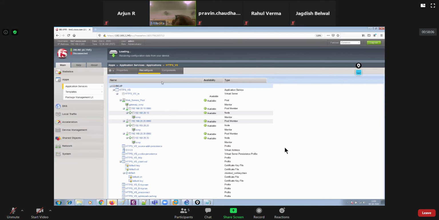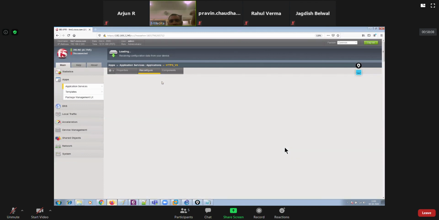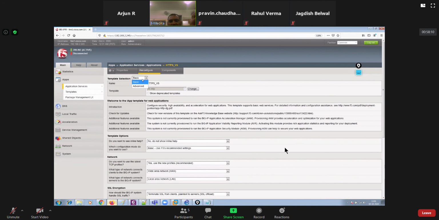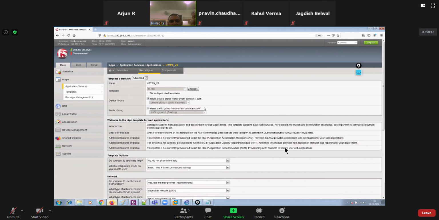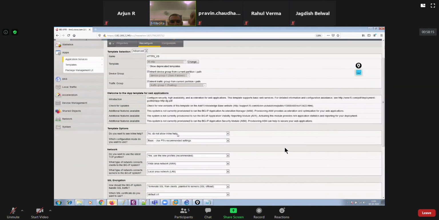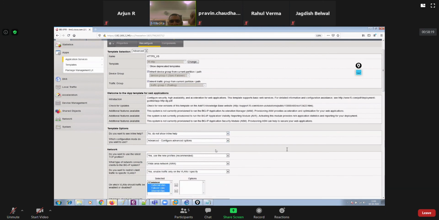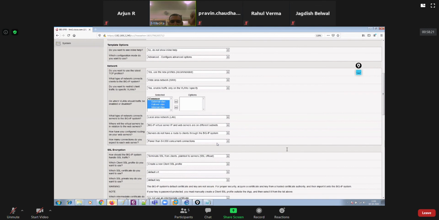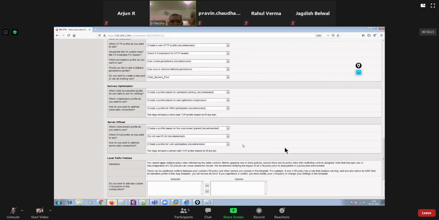So we configure. Yep. Say advance. And thereafter, say advanced configurable objects, and we should have iRules.